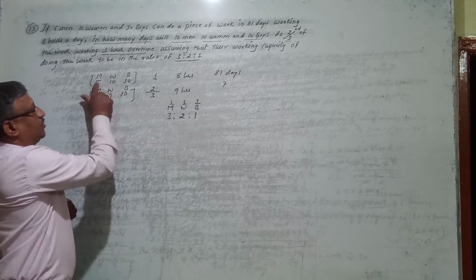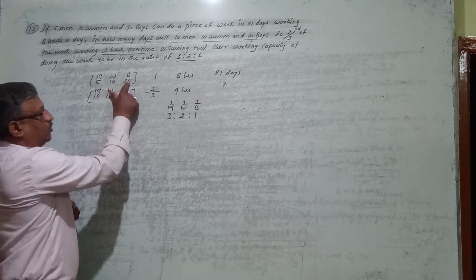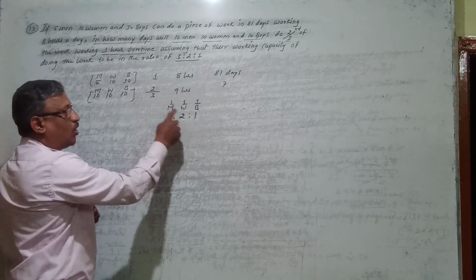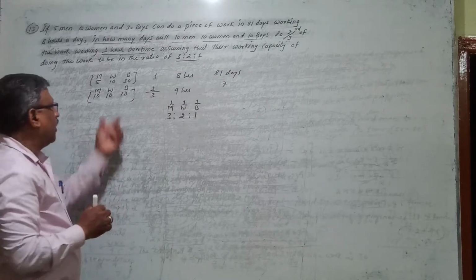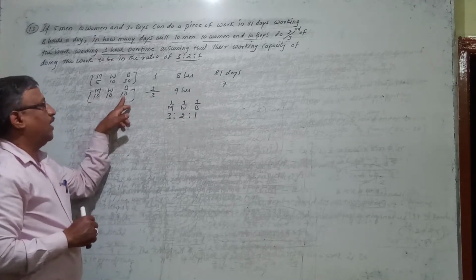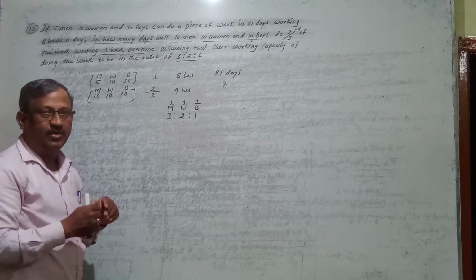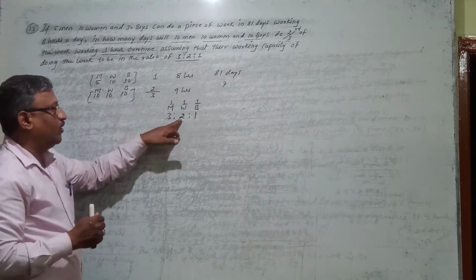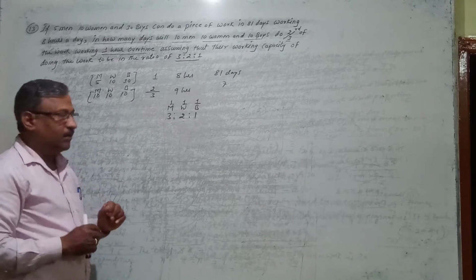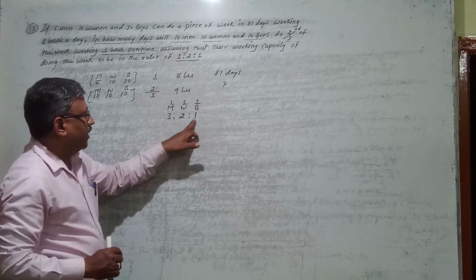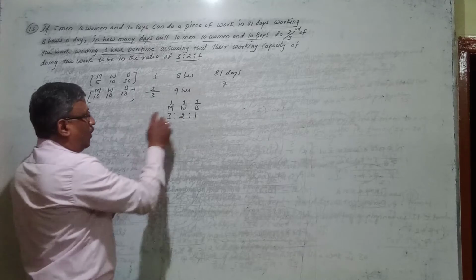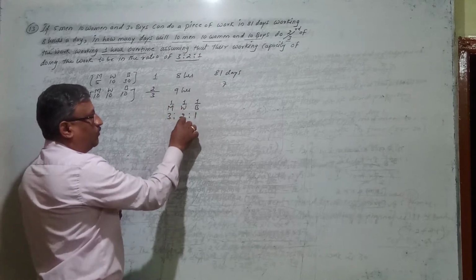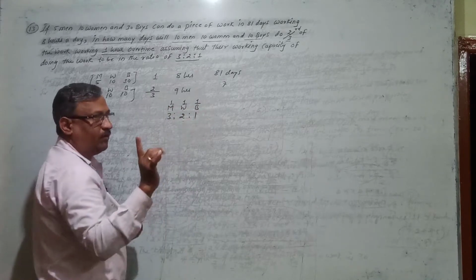In place of 5 men, 10 women, 30 boys, totally how many men you have to employ, or how many women, or how many boys. Like that, in place of 10 men, 10 women and 10 boys also you have to find out the capacity, either in the form of men, women or boys. For that, first you have to understand the meaning of this ratio as I told. One man works 3 times, one woman works 2 times, and one boy works only 1 time.